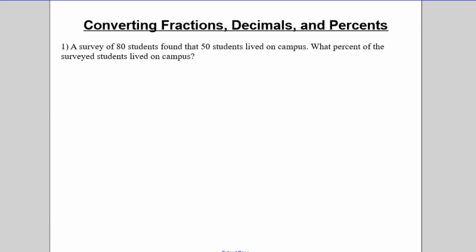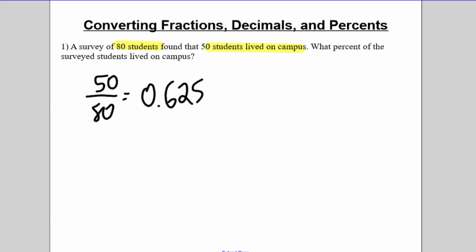Alright, so let's look at some fraction decimal percent problems here. So here we have 80 students found that 50 of them live on campus, and we know what percent actually live on campus. So we know that 50 students lived on campus and there are 80 students surveyed. So that tells us that we can do 50 out of 80, and that'll give us